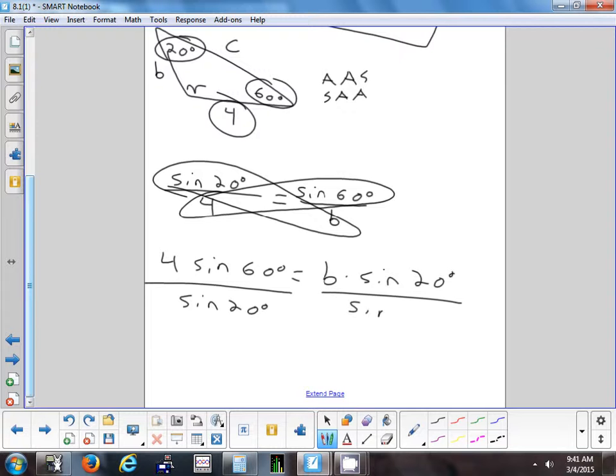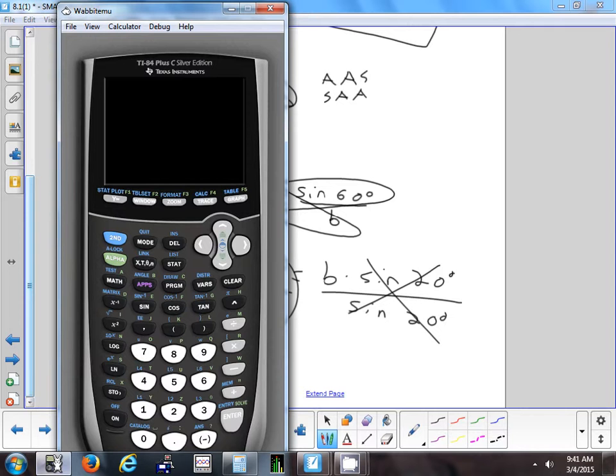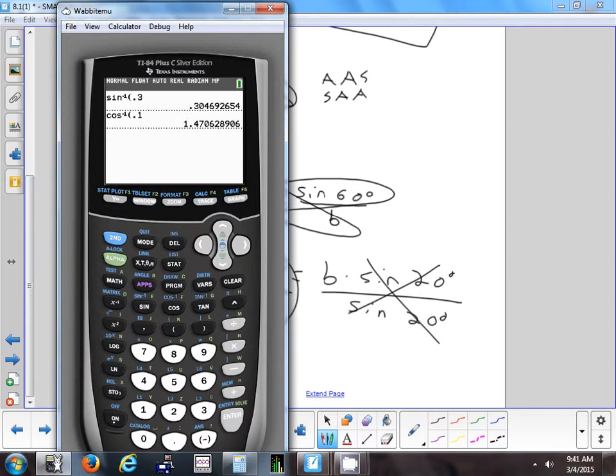We don't have to figure out what that is yet. Now we have to figure out what it is. Okay, so we'll type it in and just round it to 3 decimal places. 4 times the sine of 60, divide by sine 20. And nothing I'm doing here requires a graphing calculator. It's just easier for me to type it in on this one than the Windows calculator. So type that in. And we get about,